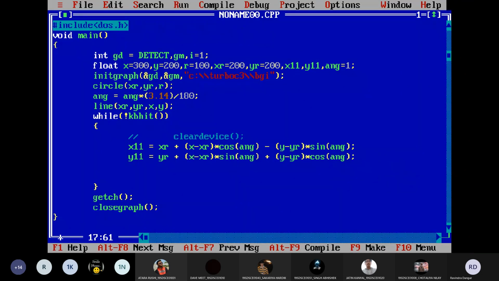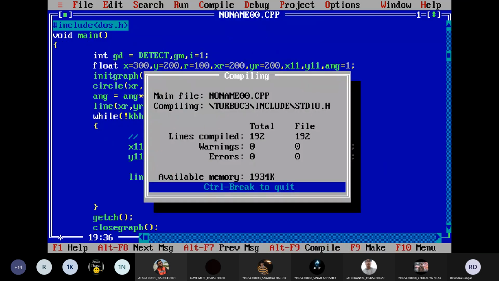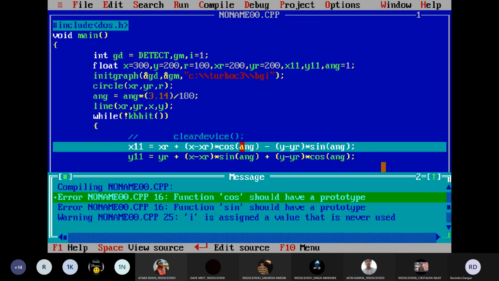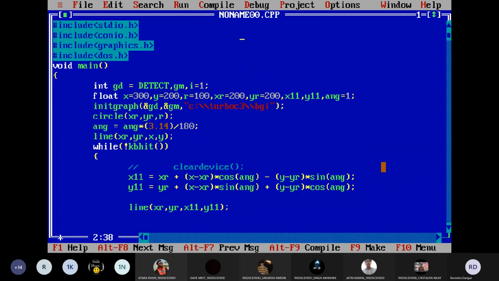So what does it mean? I have got the new values x11 and y11. Fine. So if I draw the line from the center xr yr to the new point, which is x11 and y11, then surely I'll get the new line. Let me run this file. There, math.h.